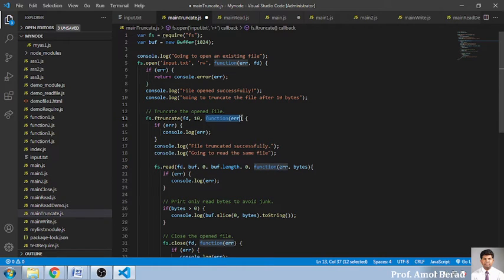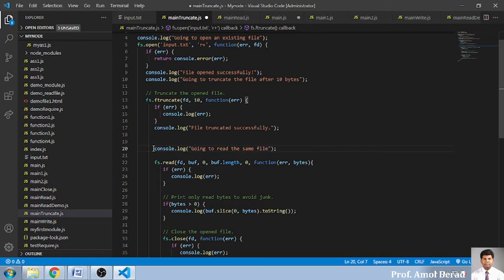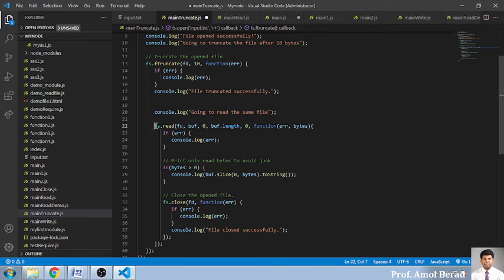So if there is an error, that will be handled by this if error object, and after completing the process, the message file truncated successfully will be displayed. And now we will be going for displaying after truncating. So actual truncate will be directly removing the content from your file. So directly input.txt का आगे वाला part delete हो जाएगा. So now we will be reading this, the same function that we will be reading everything, just like using this read function. और ये सब parameters हमने discuss किए.